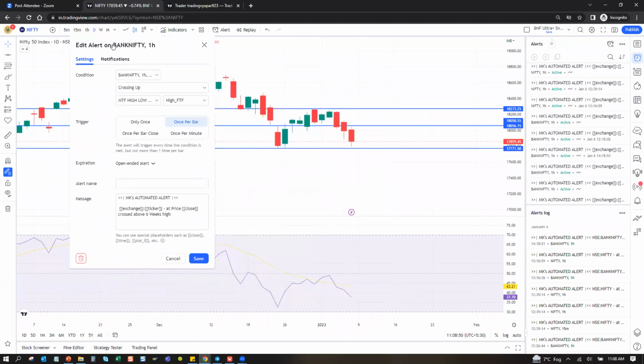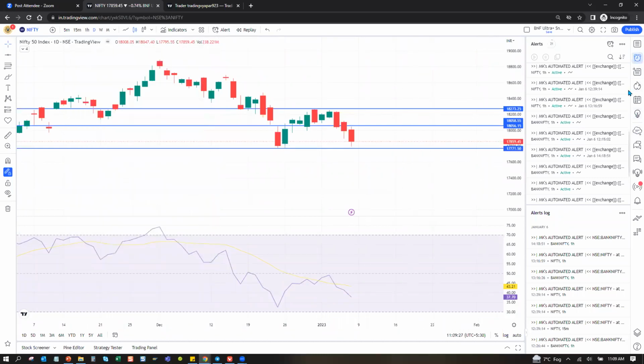So whenever Nifty, say, for example, I open any other one. This is an alert on Bank Nifty. Whenever Bank Nifty crosses the high of 6 weeks, I get an alert. In my group, you will see multiple alerts coming: it crossed the 6-day high. Sometimes the 6-day high is the 6 weeks high also. Sometimes the 6 hours high is the 6 days high also. Whenever they come continuously, back to back, the market is trending. It is making new highs. So that's also a different way of looking at the market, from getting alerted continuously.